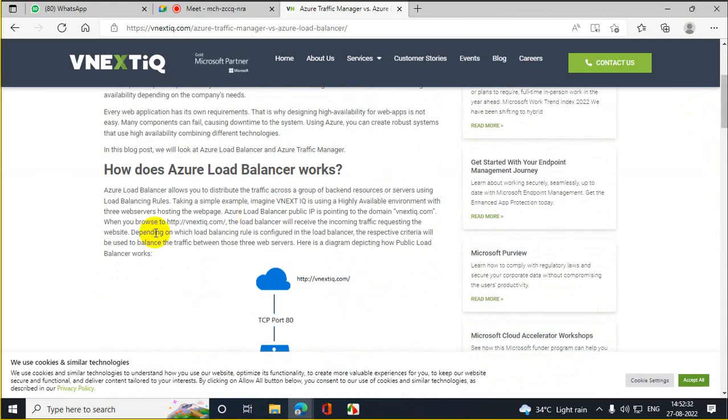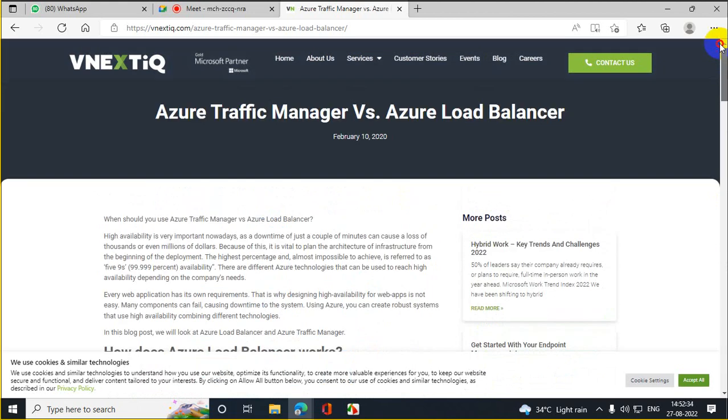So here it's telling when should you use Azure Traffic Manager versus Azure Load Balancer. High availability is very important nowadays, as a downtime of just a couple of minutes can cause a loss of thousands, even millions of dollars. Because of this, it is vital to plan the architecture of the infrastructure from the beginning